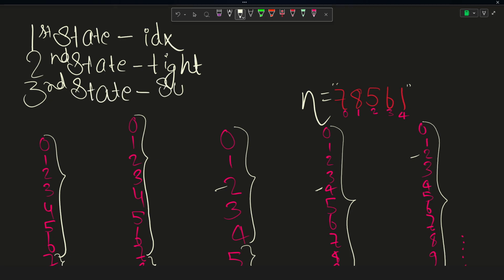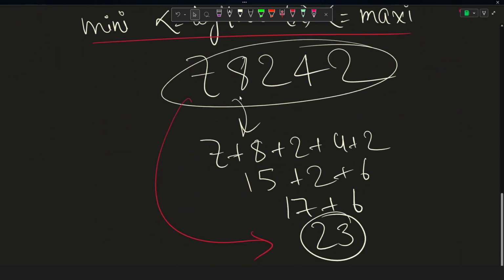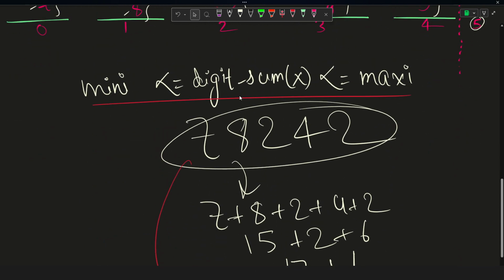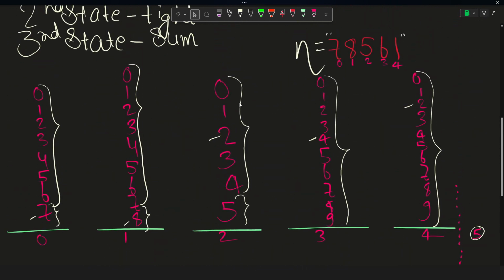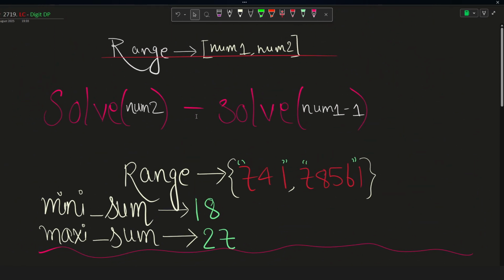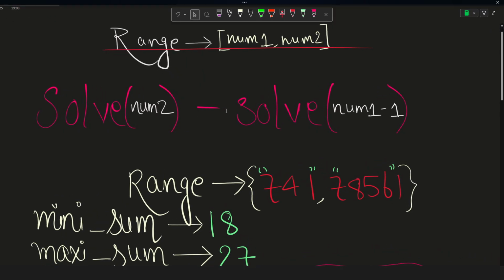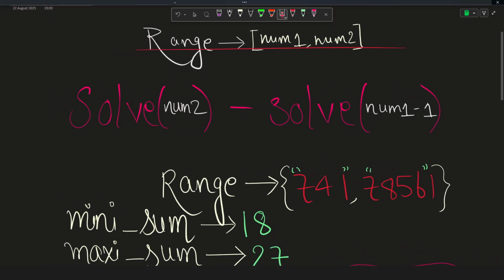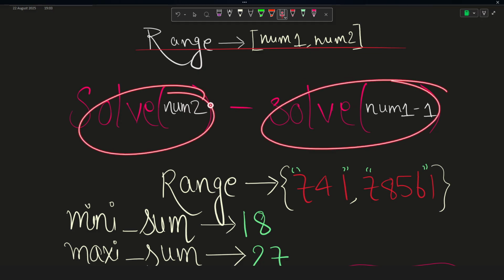So let's call it sum only. So this is the whole logic that will be required in order to solve this problem. I hope you got this. So before moving to the coding part, I want to tell you one thing. Since now we know that we have to solve it for both the left part and the rightmost part, right? So first we'll be solving it for the rightmost part and then we'll be solving it for the leftmost